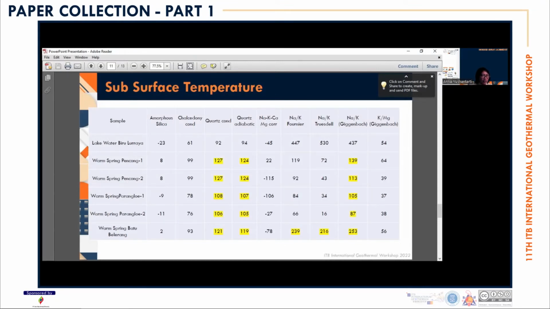We can decide that the calculation results of the reservoir temperatures are around 124 with silica geothermometer calculation, or around 139 with NaK calculation. So this is only an early surface characteristic. We must have the next methods for the advanced to have a good interpretation on the geothermal system in